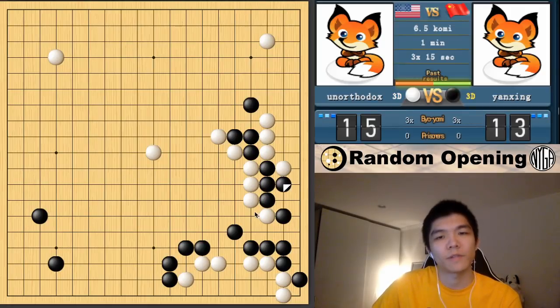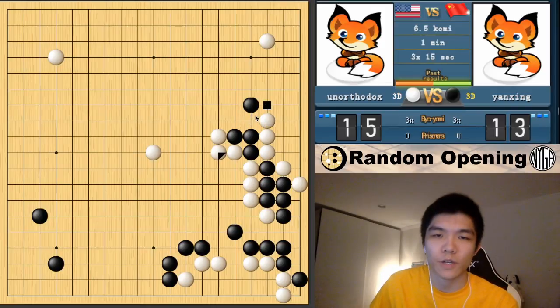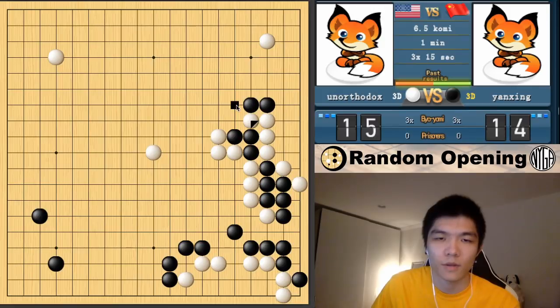This is a good timing because if he captures, then I get 2 Sente moves, which will help my group live. And now I can just connect. So he can't push down yet. If he pushes down, I can push and cut. So he does have to protect his cut. Well, I'll get to showcase that. So I get a Sente move, and then I get to...